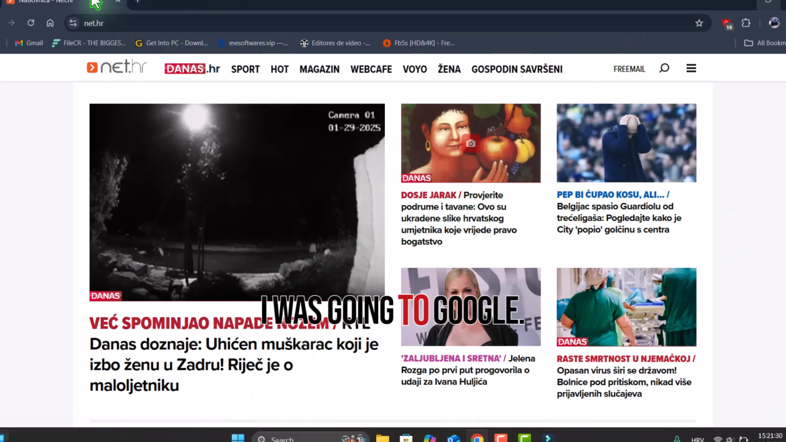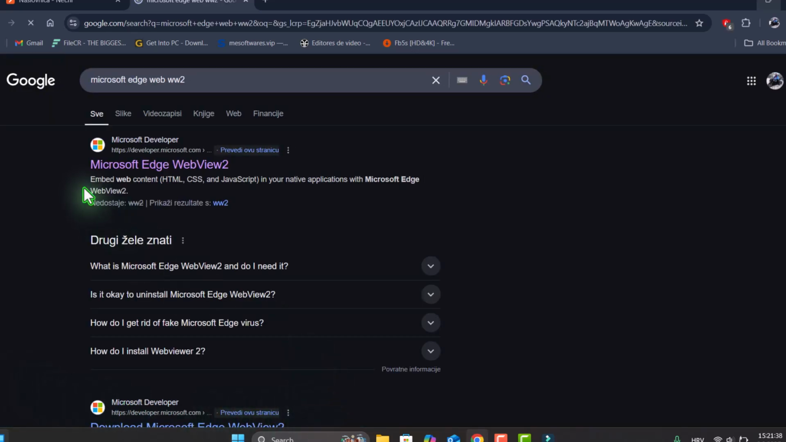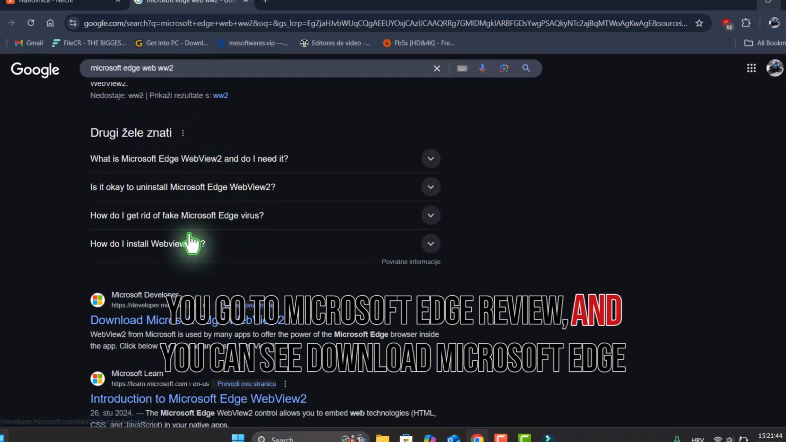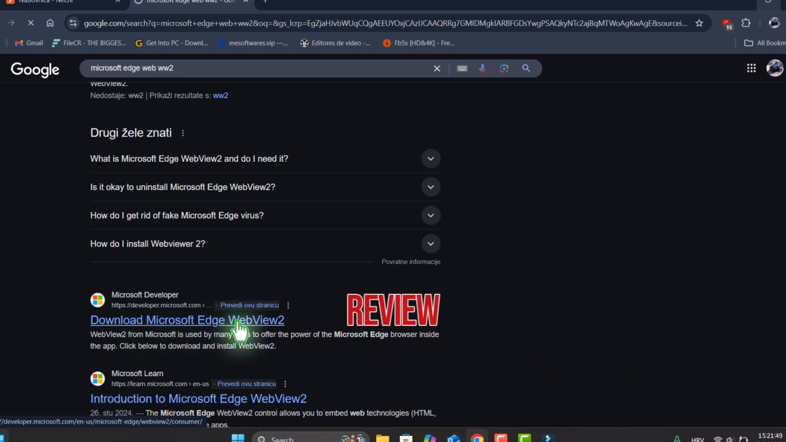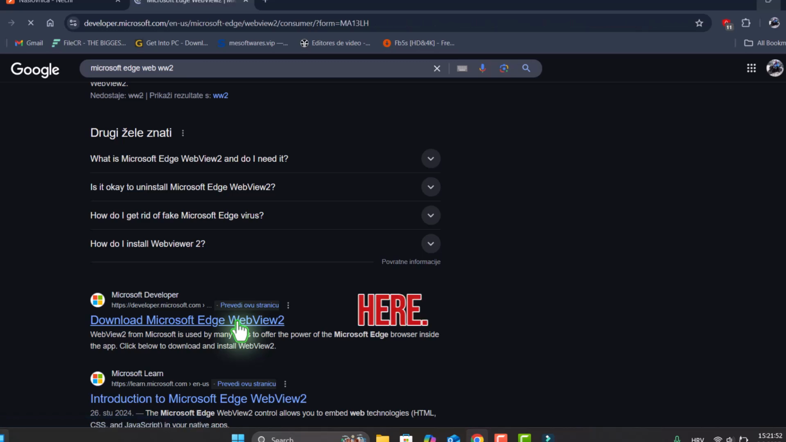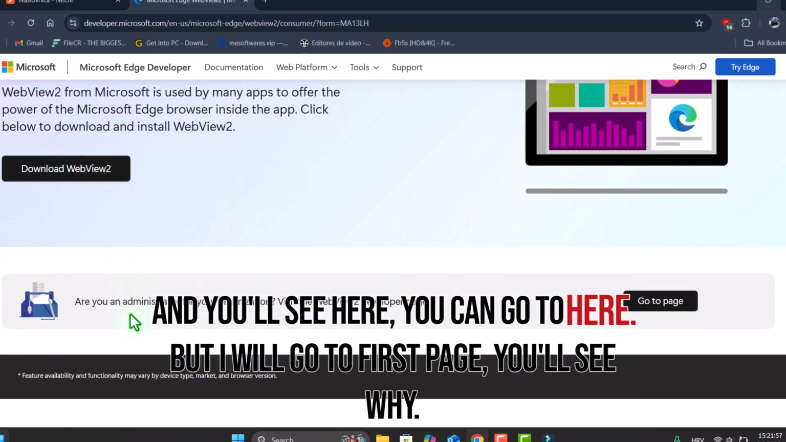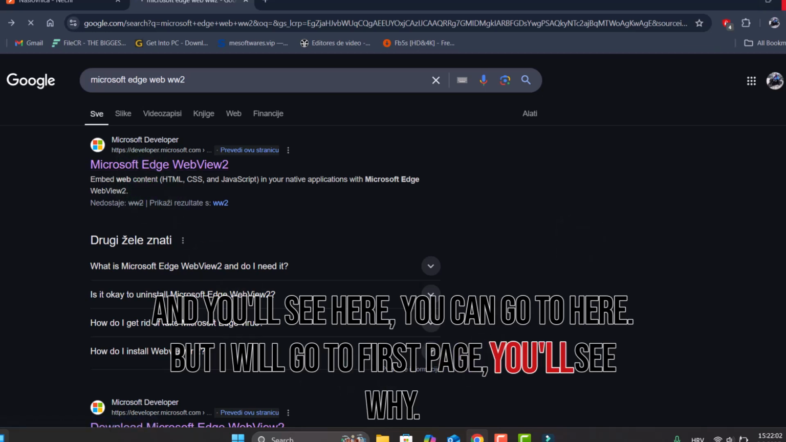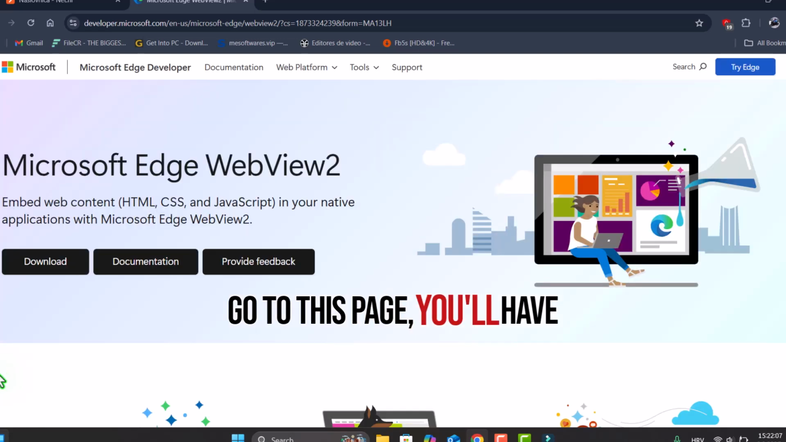I'm going to go into Google, and on Google you'll see now, you go to Microsoft Edge WebView2, and you can see Download Microsoft Edge WebView2. You can go here, but I will go back to the first page. You will see why. Go to this page because you have